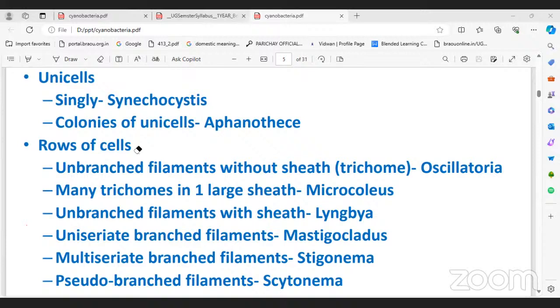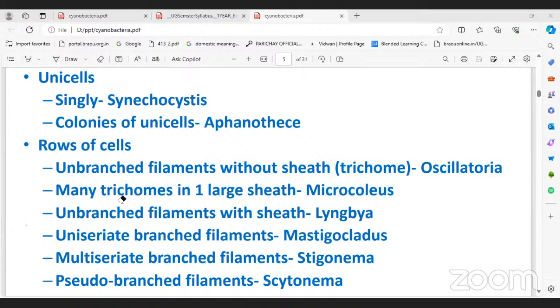Right. Now next, if you see the row of cells, unbranched filamentous without sheath, example Oscillatoria, and also in our syllabus given Nostoc. You must have learnt it during practical training classes about the thallus structure. Here the thallus structure of Oscillatoria and Nostoc both belong to Cyanophyceae members. The thallus is unbranched, there are no branches, and filamentous without sheath is called a trichome. With sheath it is actually called a filament. Best example Oscillatoria, and also you can write Nostoc.